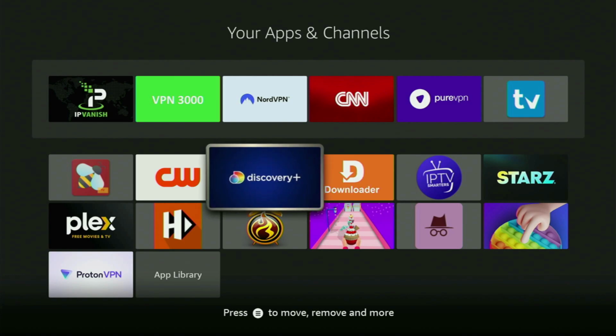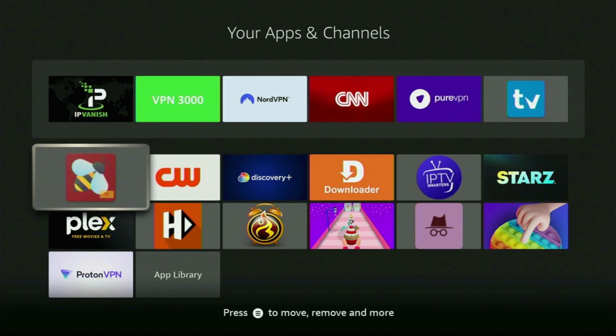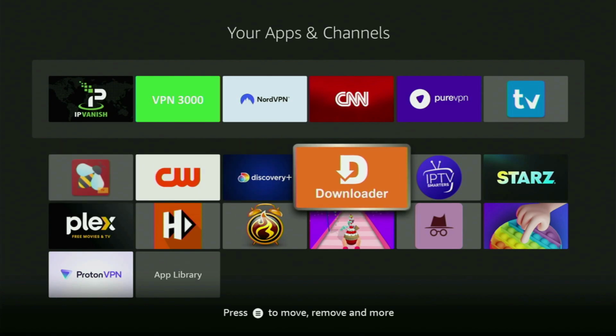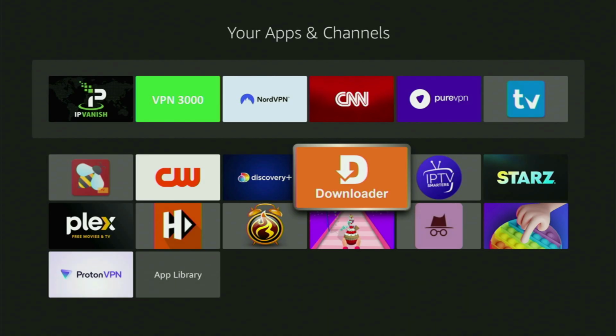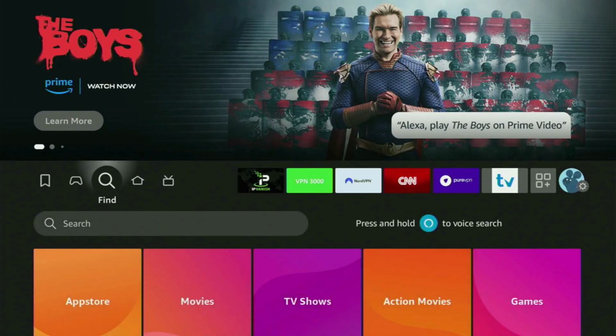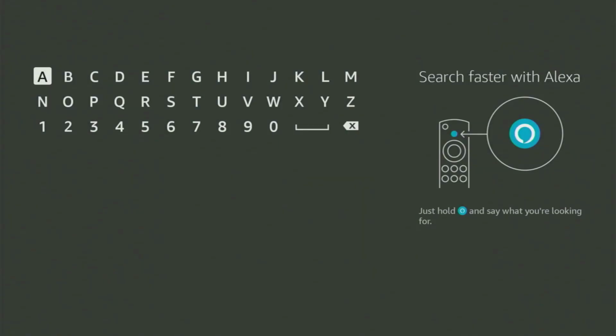So if you already have Downloader on your device and have turned on developer options in the previous times, then there's no need for you to do that now. But if you do not have Downloader or you are not sure if it's properly set up, then the first thing you gotta do is go to the search bar on your Firestick device, open the search, and now there